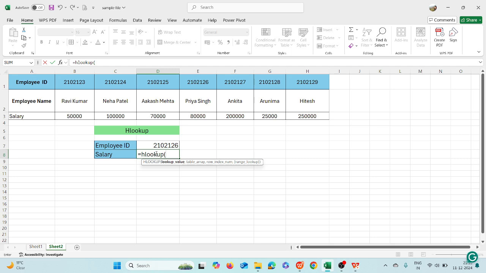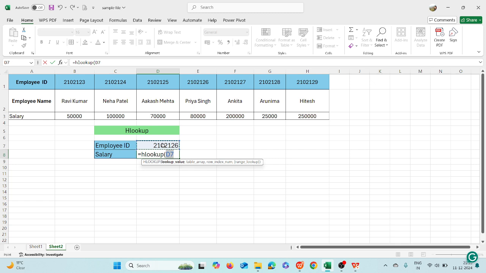After that, we want to search for this record now, right? We want to search for this employee ID, and see what the salary is. So that is why I have chosen this cell address. I think you have got my point.